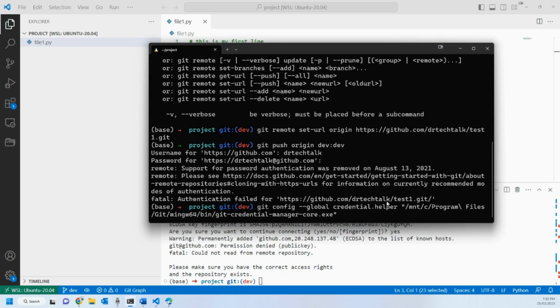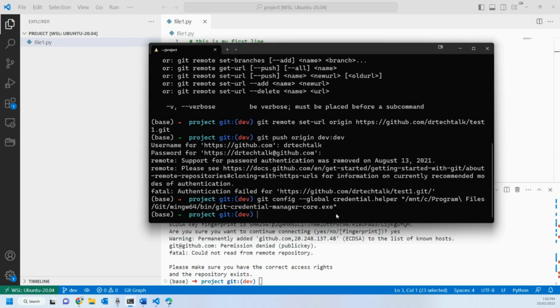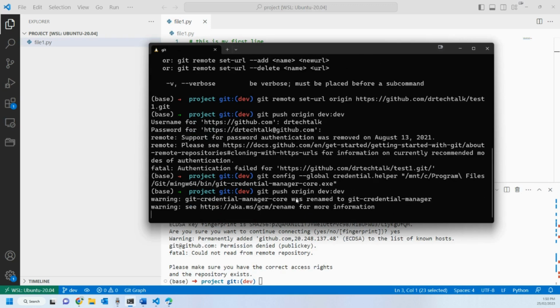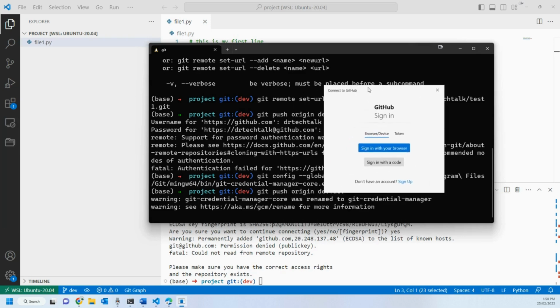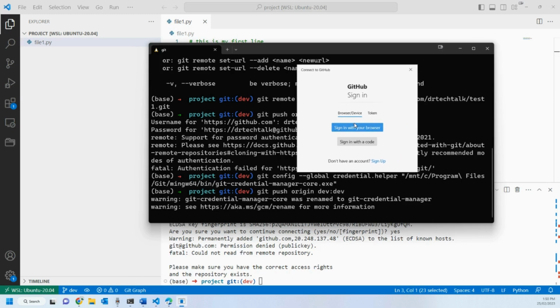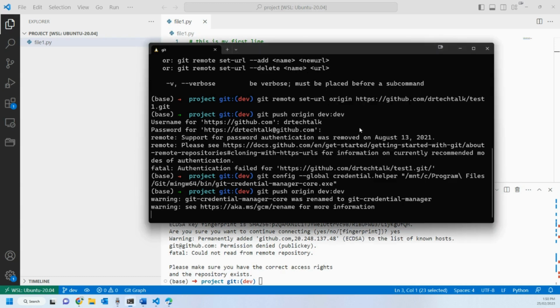So if you installed it the same way as I did, you can go ahead and run this command and it will set up the credential helper for Git. After running this command, if I say git push origin dev, it's now getting to Git credentials and it will pop up this window. Now Git knows how to handle the authentication. It's asking us to sign in to GitHub. So I'm just gonna sign in using my browser. You can just go ahead and click this